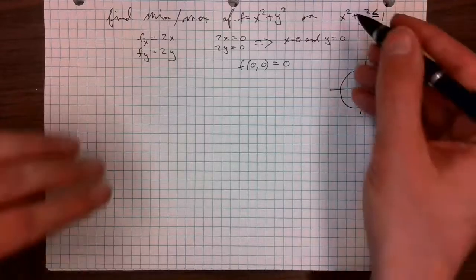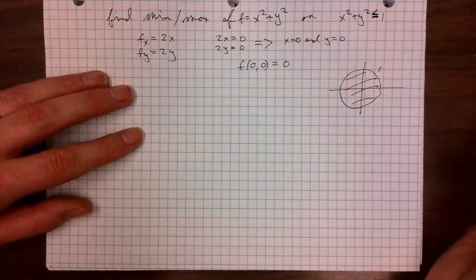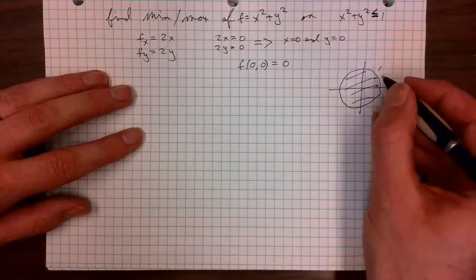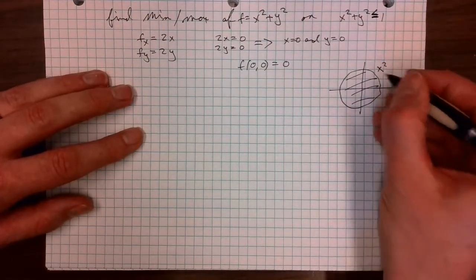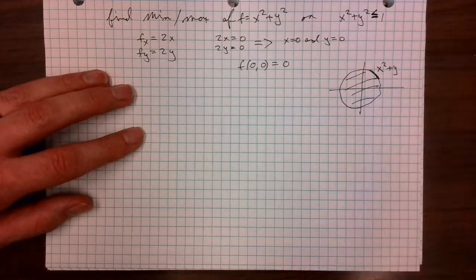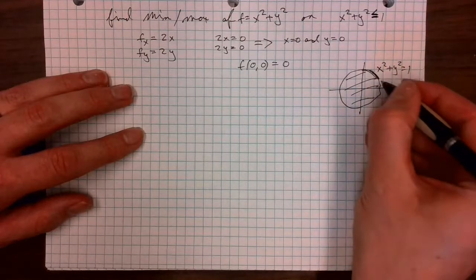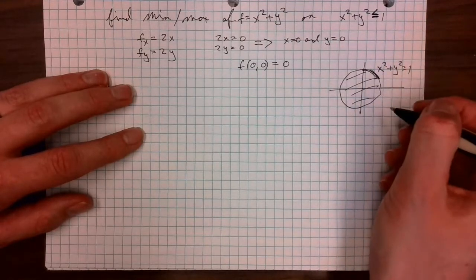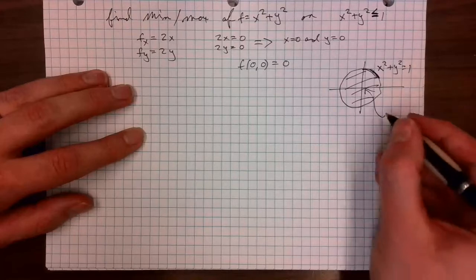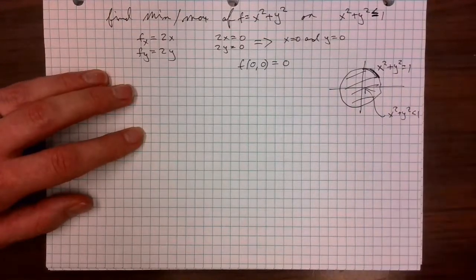That's the boundary. I wrote down what the boundary was, right? But I wanted this set over here. So the unit circle is the boundary. The boundary is where it's equal, and over here, the inside, that's where x squared plus y squared is less than 1, right? Now,